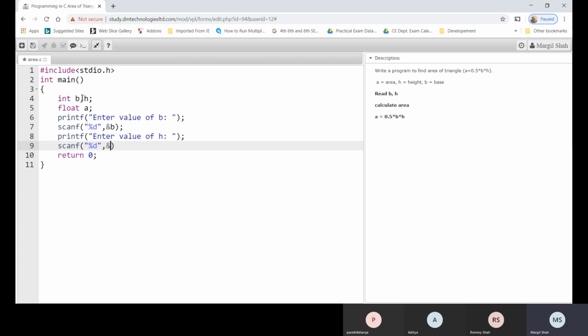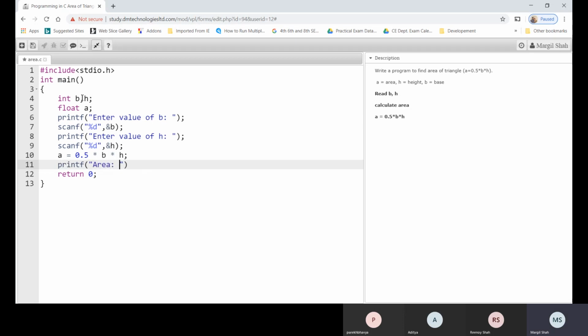Scanf %d, ampersand h. We have scanned the values of b and h both. Now we would like to calculate the variable a. So a is equal to 0.5 into b into h, and just print the area of the triangle.